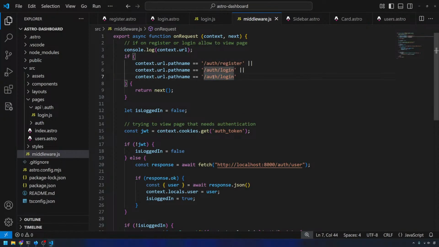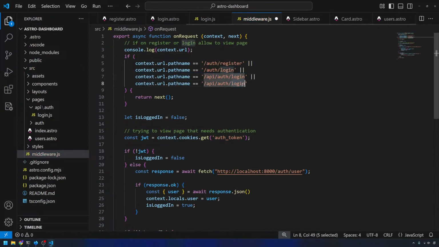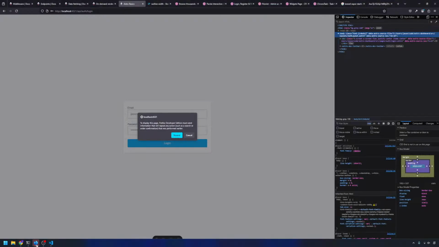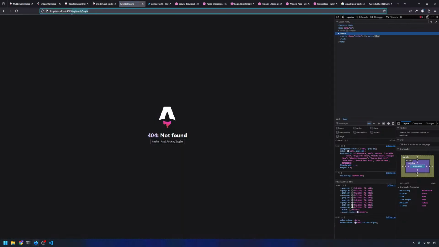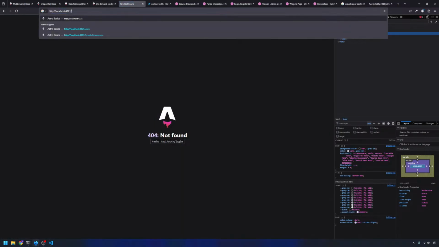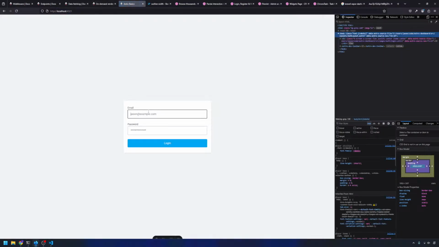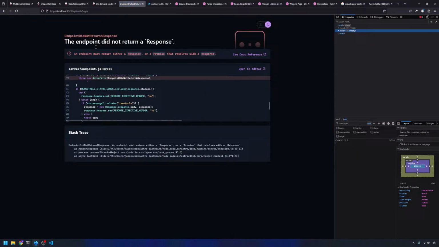So auth login. We need to change this to API auth login, I think. And we'll also need to do register as well. Register. And that should be fine. It should just go through the middleware and not cause any problems. Oh. Slash. There we go. So we'll do this. And then,